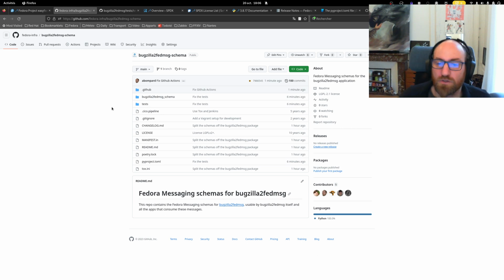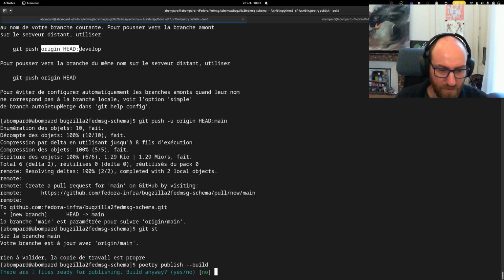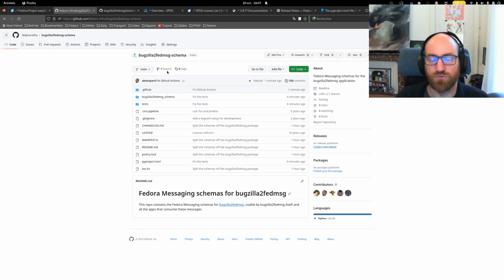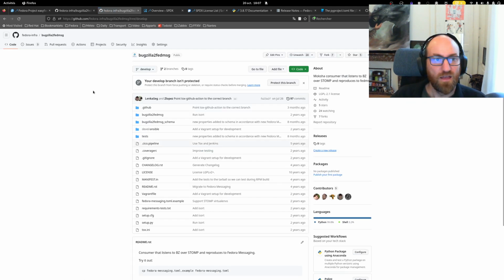Okay, so next step would be to go to bugzilla2fedmsg and make it use this schema package instead of the old one. For that, we need to publish to PyPI. I'm going to do that right now because it's very easy. Poetry publish --build. Two files are ready for publishing. Build anywhere. Yeah, build it. Okay, that's published to PyPI, and now it's up in PyPI. And now next time I'll just have to change the bugzilla2fedmsg dependency and remove the old ones. Okay, that was long,